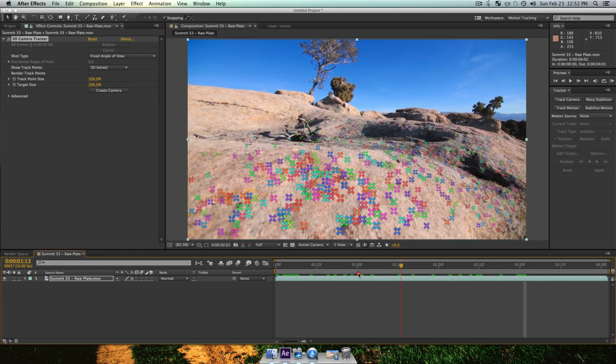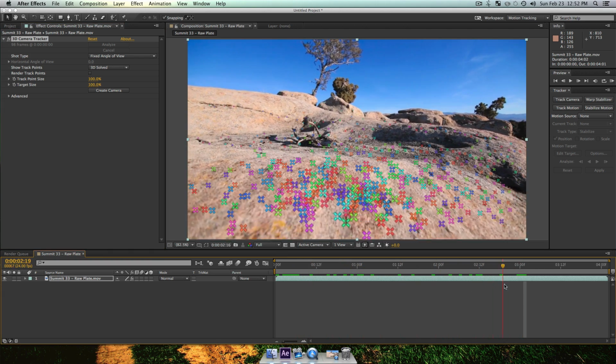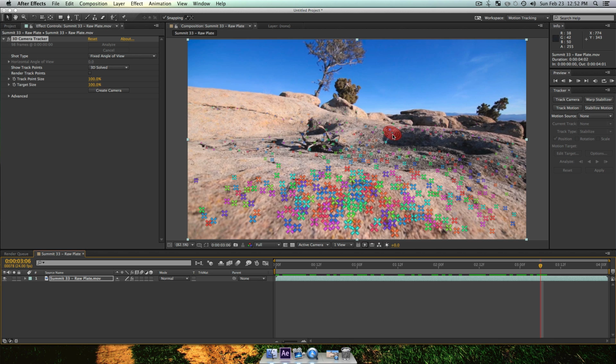So basically, you're going to just think about where you want to put the object in this scene. Now for me, I'd like to place the object somewhere on this top portion right here. So I'm going to find a point. Just move your mouse around. You can either click and hold and just drag a selection around some points and figure it out, or you can just hold shift and select points, or you can just do the auto one and find a surface that you like. So as you move this around, you'll be able to see the target is changing perspectives based on it, like will triangulate the position, and just find a point that you like.